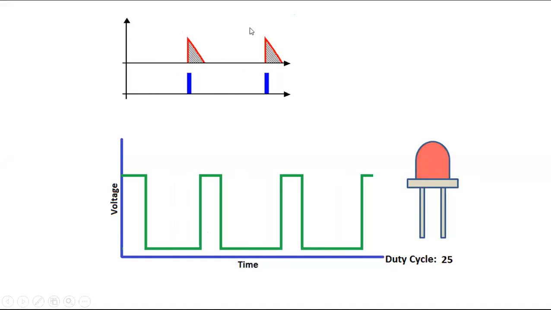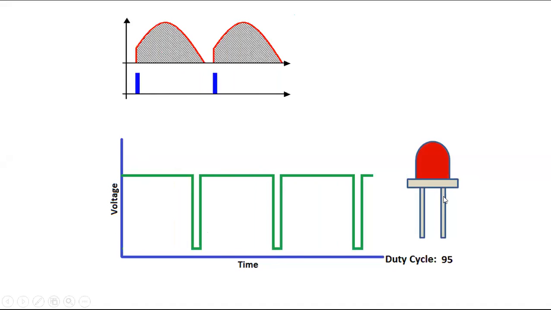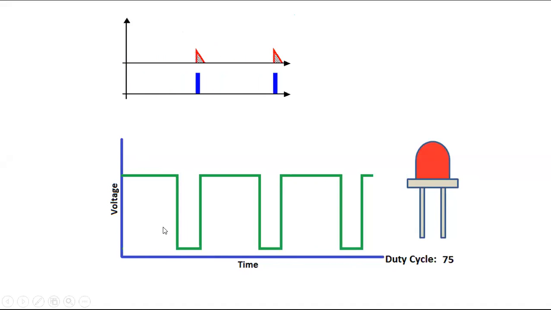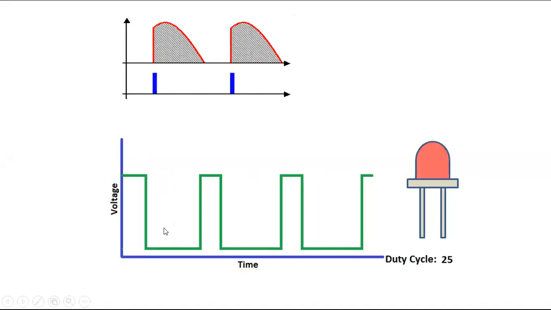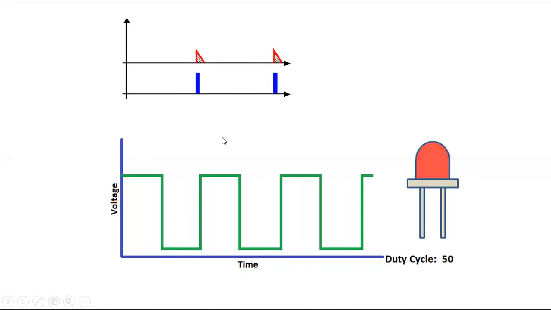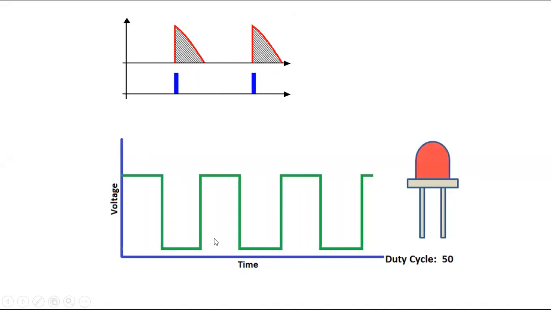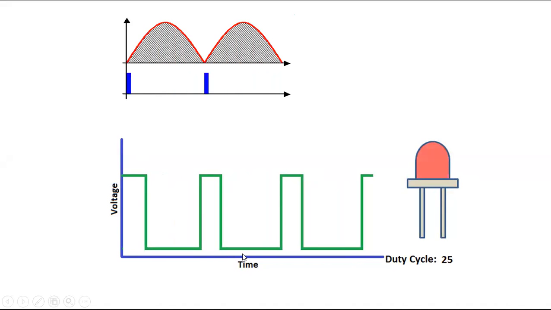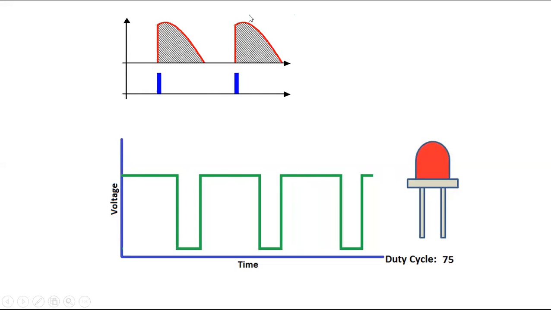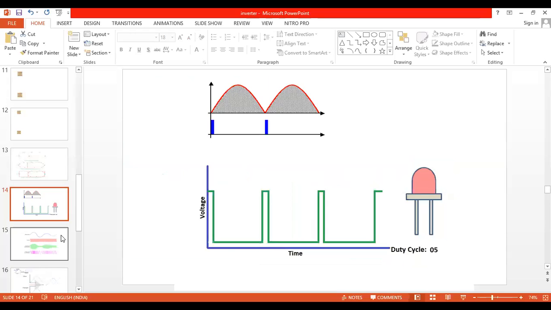Anyone tell me, those who are listening? If I'm using the chopper circuit, I want to control the speed of the motor. What do I have to change? Any one student, come on, unmute and tell me. You have to change the duty cycle. There is no word called firing angle. There is only duty cycle. By changing the duty cycle T on by T, you can control the output power. For the inverter, anyone tell me? For the inverter, we are supposed to change the modulation index.